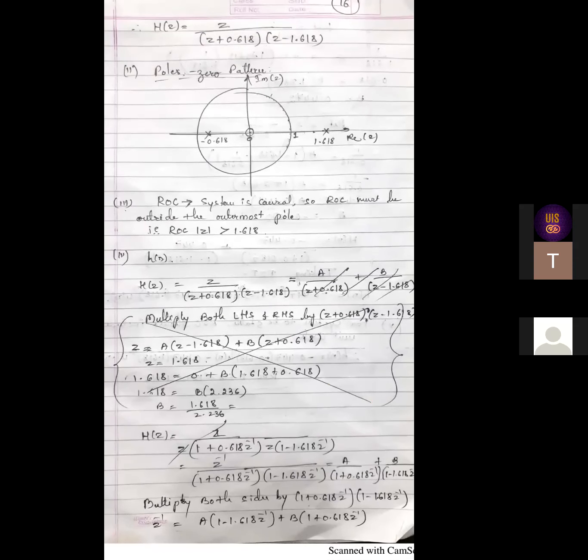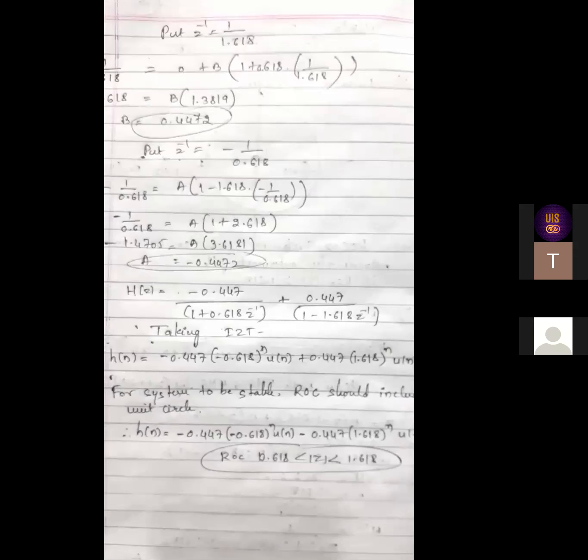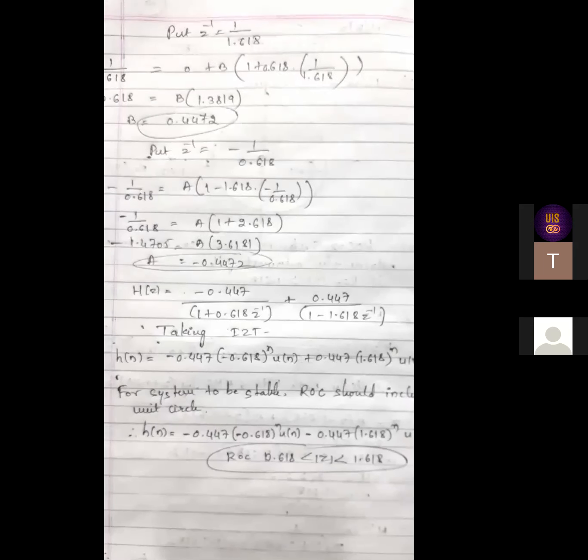After that, simple. What we need to do is go for partial fractions. No need to explain this, I guess. What you have to do is multiply on both sides by the denominator. You will be left with only z inverse on the LHS. The RHS is equal to A into one bracket, B into one more bracket. After that, you can just check out what I have done.